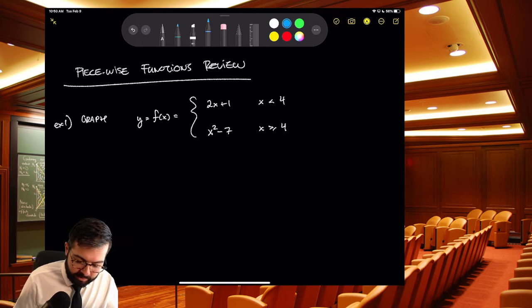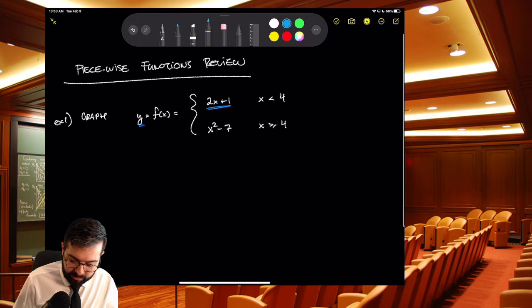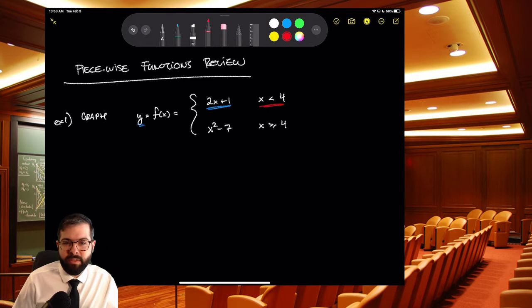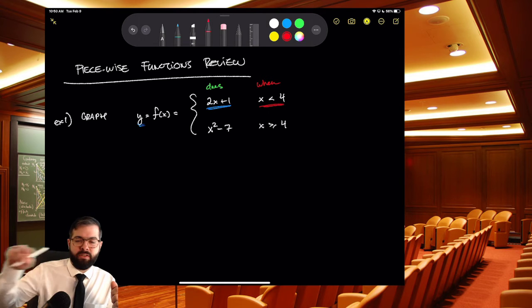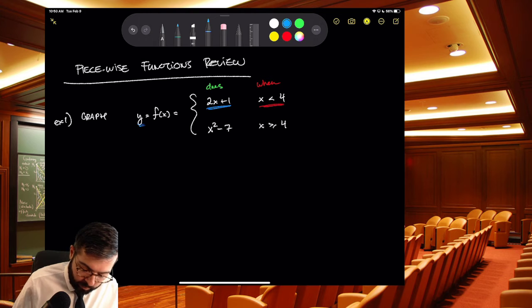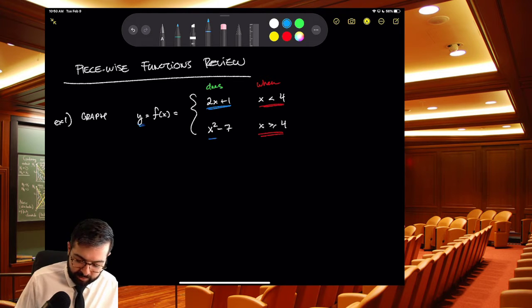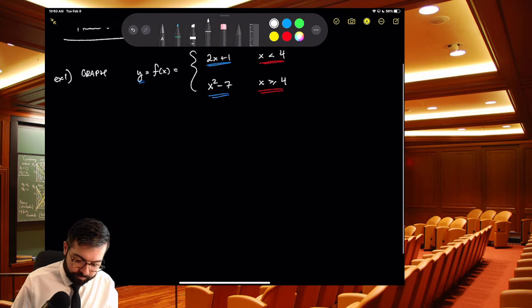The way that we read these is y, the output value, takes on this rule for these input values. So it kind of does this when this is true. So when the x values are less than 4, it's the line 2x plus 1. And when the x values are bigger than or equal to 4, it's acting like this parabola, x squared minus 7. All right, so to get a sense of what this thing looks like,